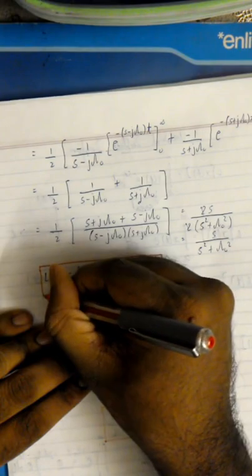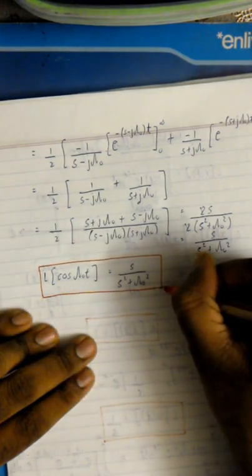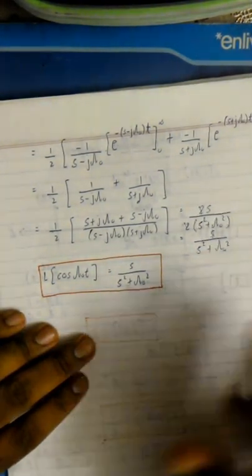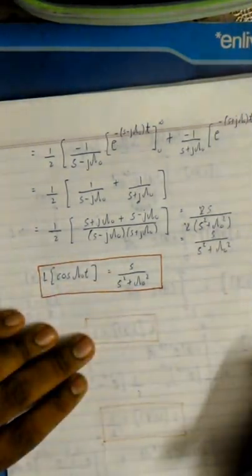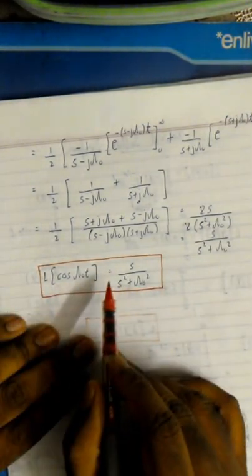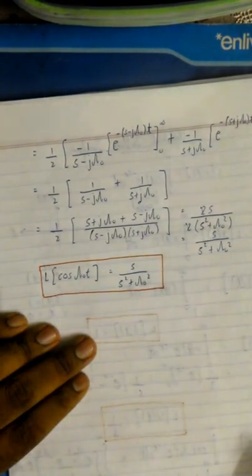You need not derive the Laplace transform of cos ohm 0 t in the coming problems. All you need to do is simply apply this equation. Okay. Next,